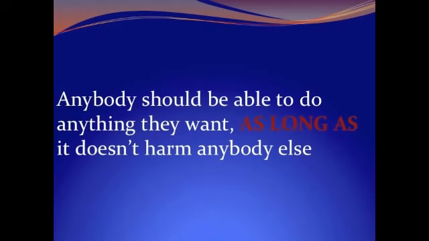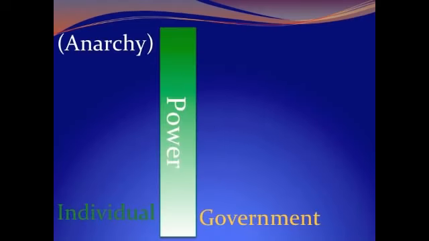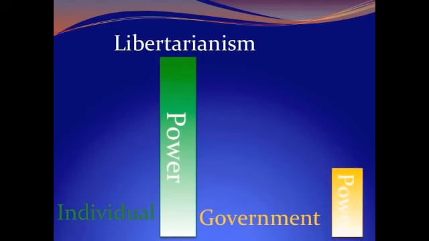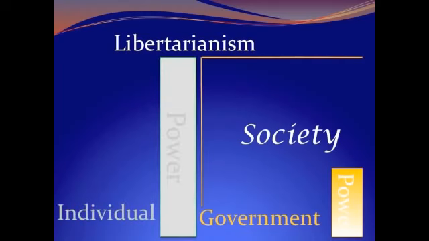At this point, we see basic laws against murder, theft, fraud, rape, and other foundational matters that the vast majority of citizens agree are harmful and should be banned. So you see here that from anarchy to libertarianism, the individual loses the freedom to murder, steal, defraud, or harm other people in any other way, and consequently, the power of the government increases in its ability to define and regulate these things. The emphasis is that much more on the society as a whole and less on the individual.